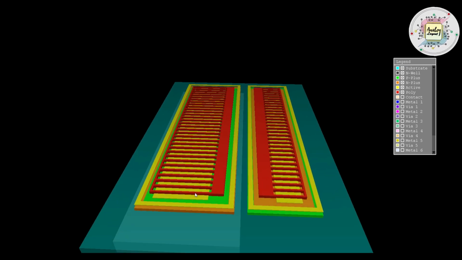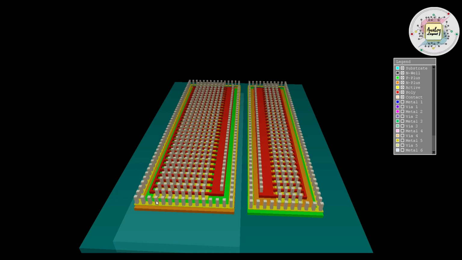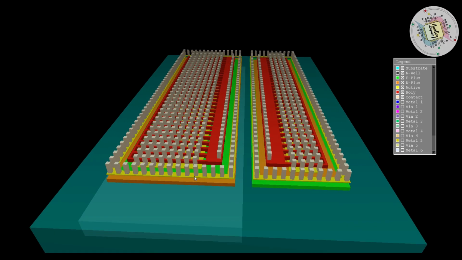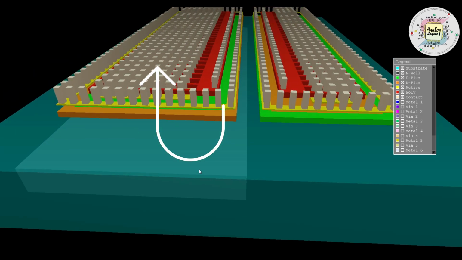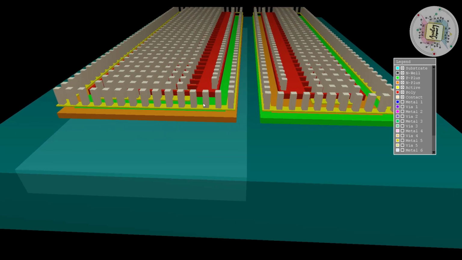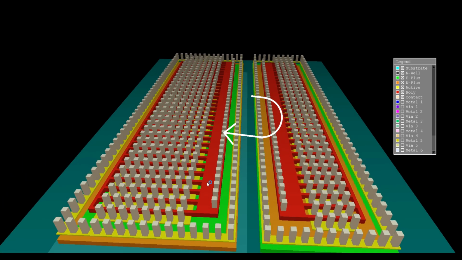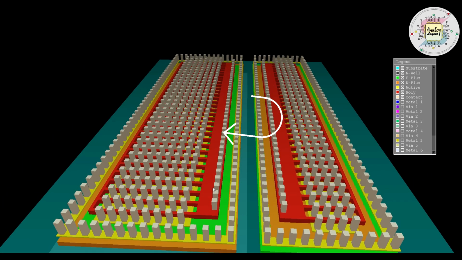Then next we have our initial base level contact. Whatever you are seeing here like a pillar, exactly this is our contact. Let me zoom in. So this is our contact layer. We have different types of contact here. See, surrounded by this N well, whatever initially is there, this is our guard ring contact. And the contacts laid on top of our red color layer are our poly contacts.